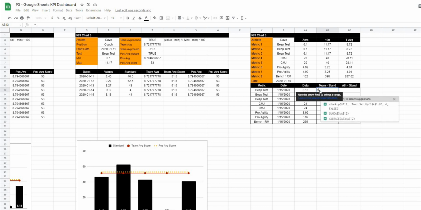So I'll type equals. I'm going to wrap this in an IF ERROR too. Don't let that confuse you. So I'll just type IF ERROR, open that up, and then our actual formula is going to be MROUND, open, and we're going to do, in this case for our team standard, we'll need two quotations here. Our value is our team average minus our zero value, bracket, divided by our maximum value minus our minimum value,